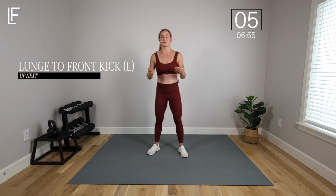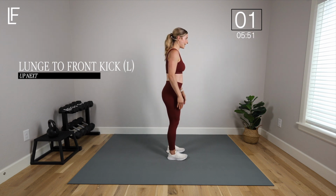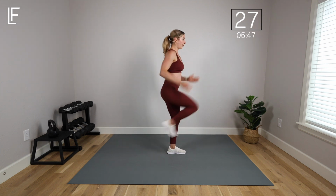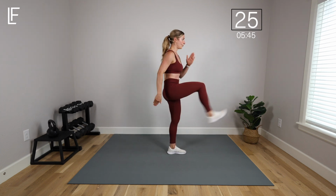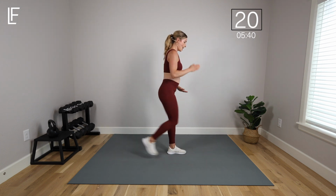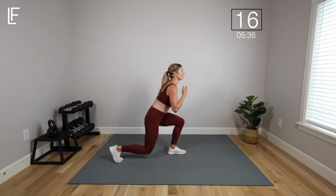Now we're going to repeat that lunge and front kick, other side. So I'll go ahead and show you from this side profile. Stepping back with just the left leg, kicking with that left leg. Like I mentioned in the last set, push down through that front heel and breathe out, brace your core